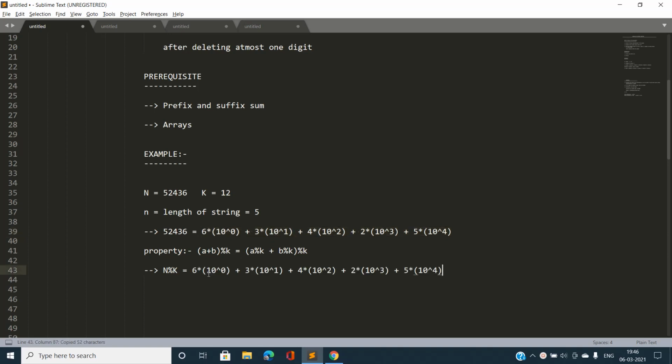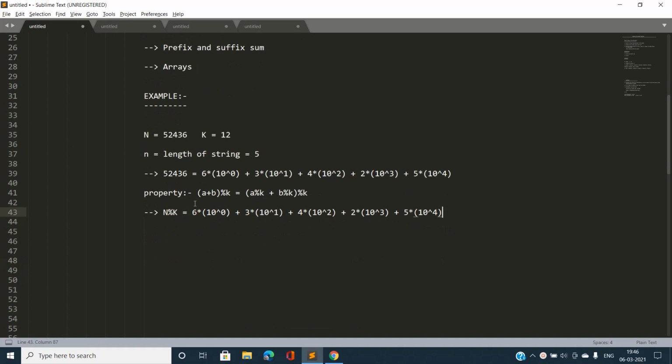This will be our actual number. I'm going to put brackets here for better understanding. Again I am going to use 6 into 10 power 0, and I am going to take the modulus with k here, and again I am going to do this for every digit and its constituent parts. You can see again.